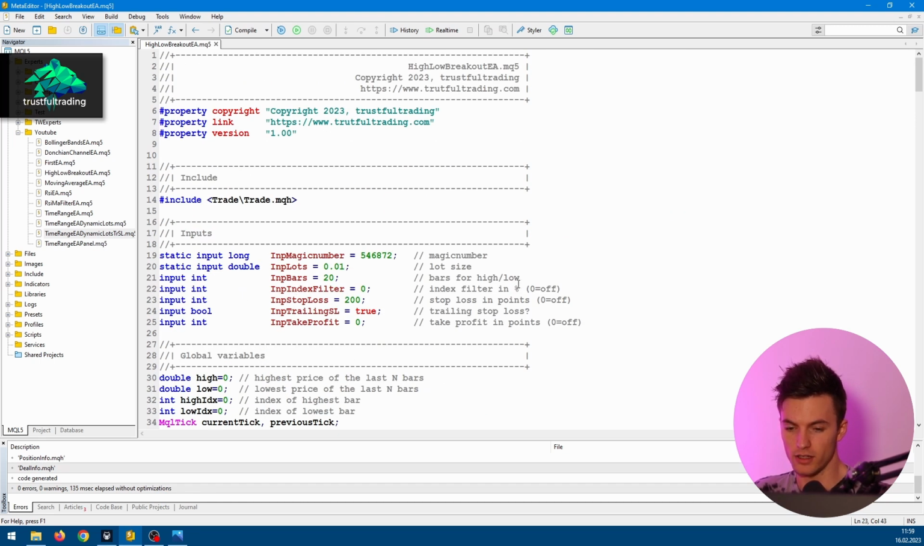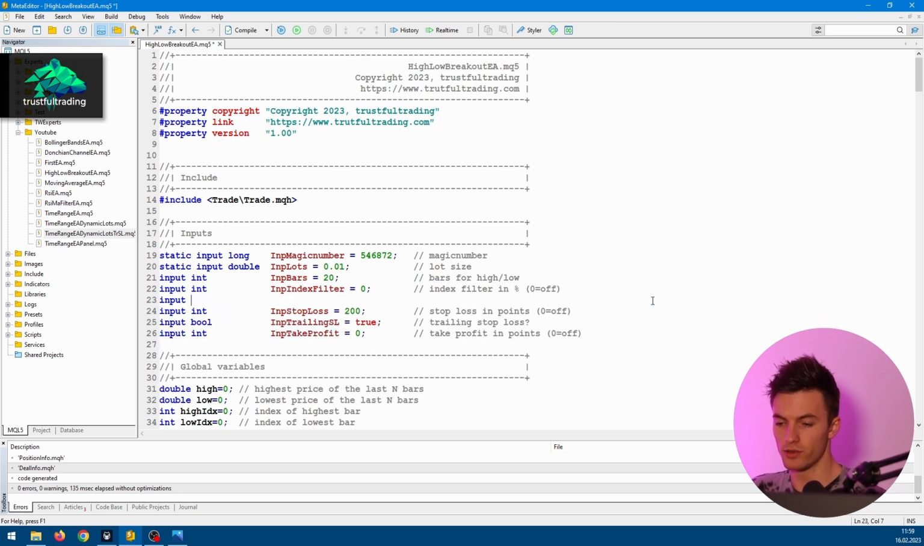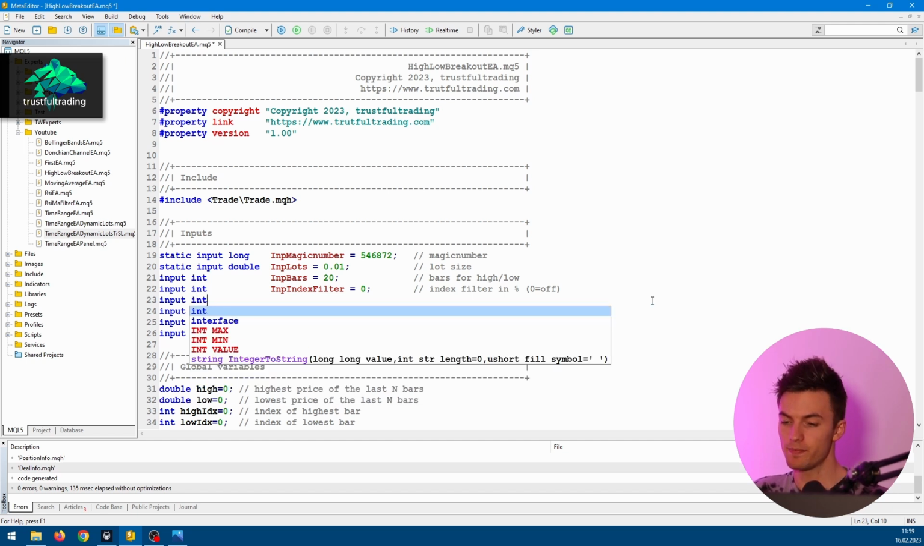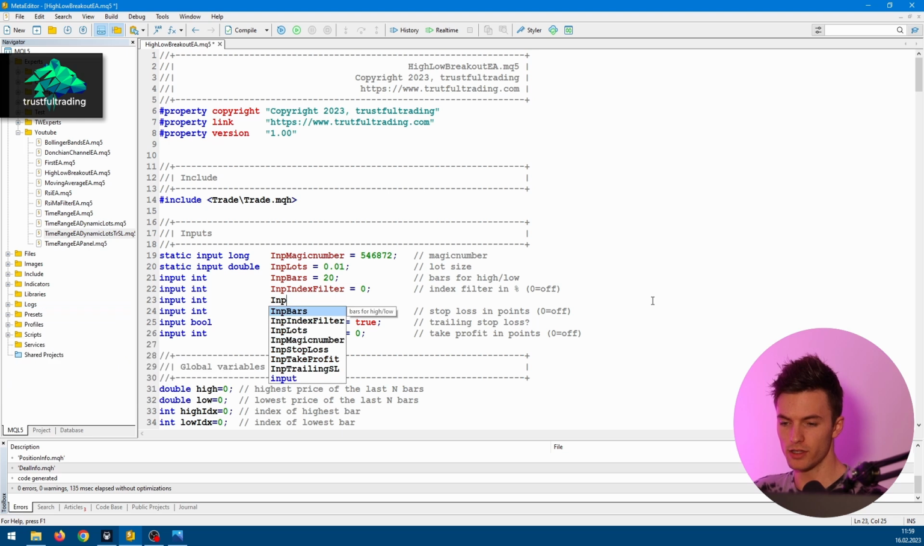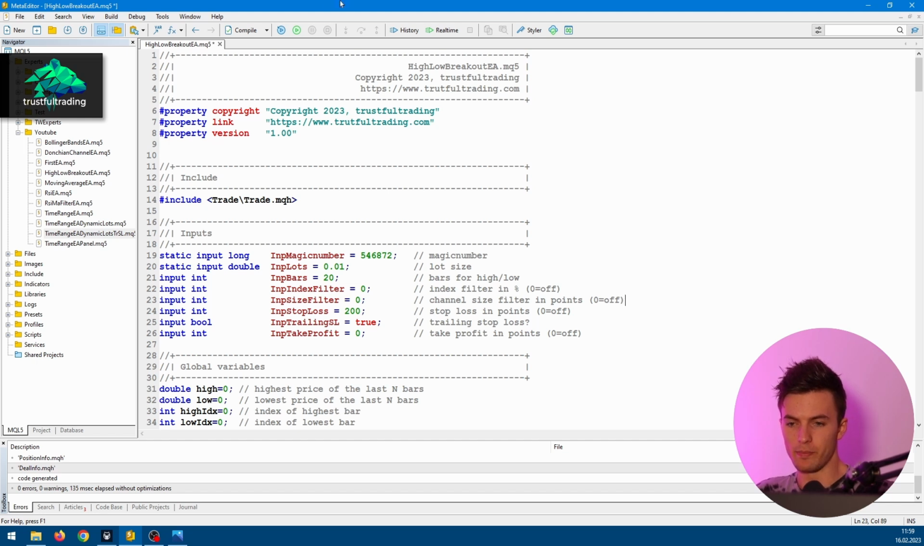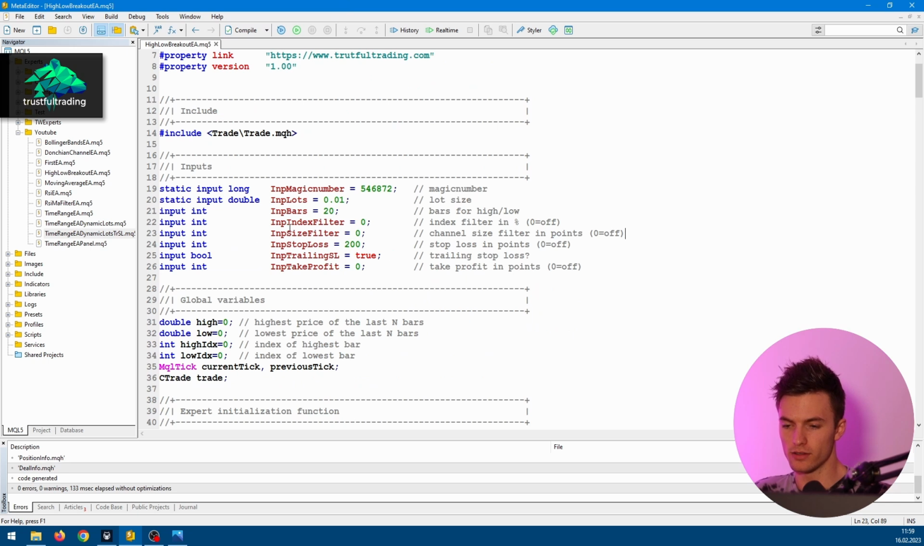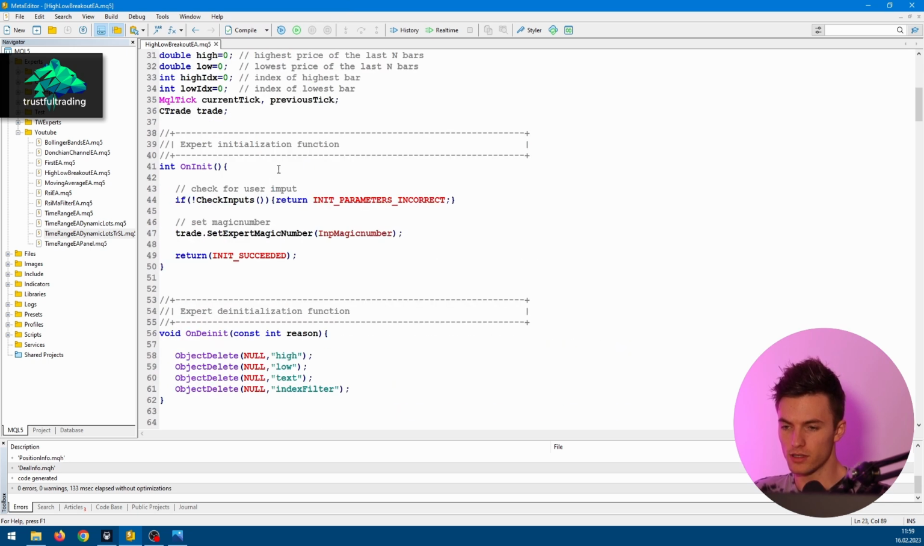Let's add a size filter, maybe here after the index filter, just another input of type integer, because this will be in points. So input, size filter, and by default, this is maybe set to 0. So also a comment here. And 0 again means off. Okay, let's compile. And now let's go to the check inputs section here,